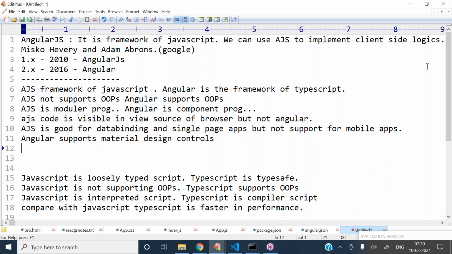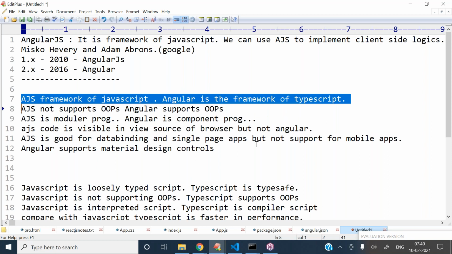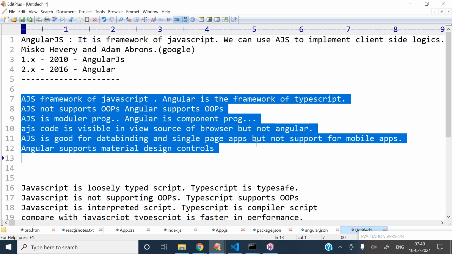Some advanced controls are available in Angular, so we use these controls to develop the applications. Cleaner and neater programming is also possible with Angular because it supports object oriented programming concepts. Many things are there, so these are the main advantages we have in Angular compared with AngularJS.